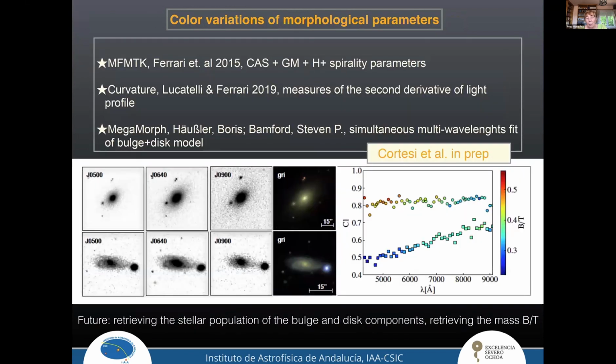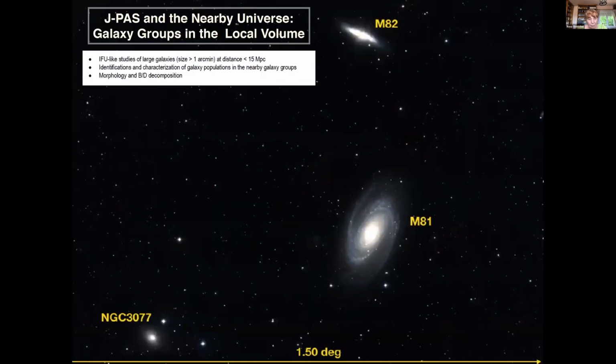And that's one example that has been obtained by Ariana, where they study 2 galaxies of different morphology. The advantage is that using all the colors, they can estimate, in addition to parameters like the concentration index, also the fraction in every filter that came from the bulge and the disk of the galaxy. And to finish, only to show you that in fact J-PAS will be very good for galaxy evolution study,